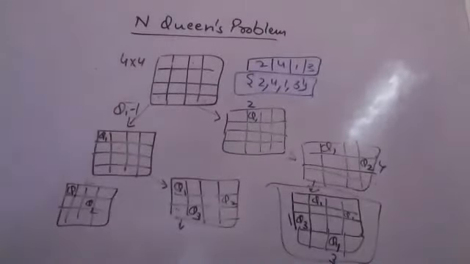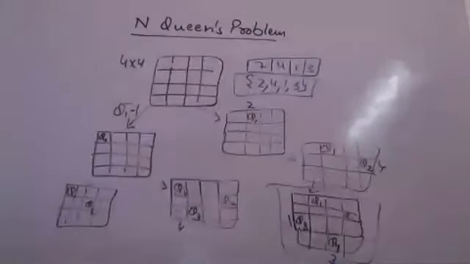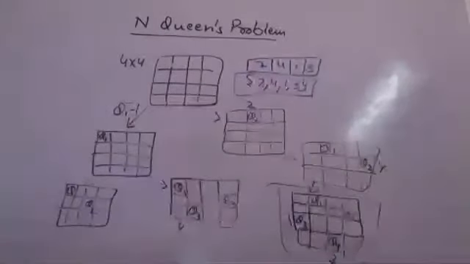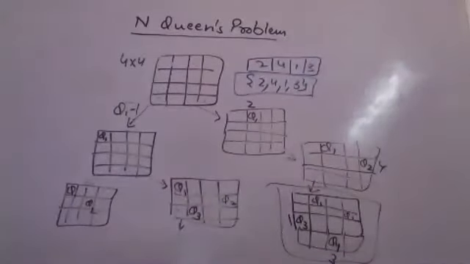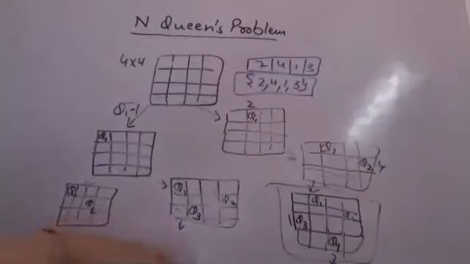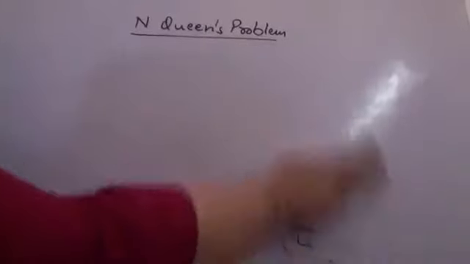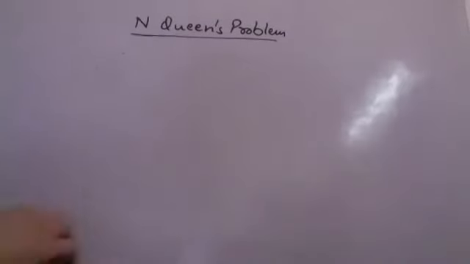Understanding? Now I am not looking at one solution, I am looking at more than one solution. I told you we are looking at more than one solution. So we try for everything and we can create a state space diagram for the 4 queens problem. Now what do I mean by a state space diagram and what is happening? So let me try to draw a state space diagram for you all. What do I mean by that?